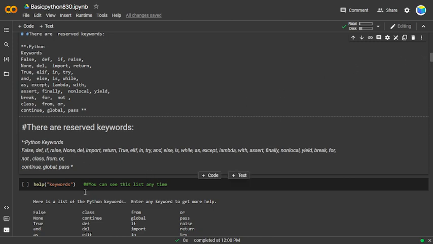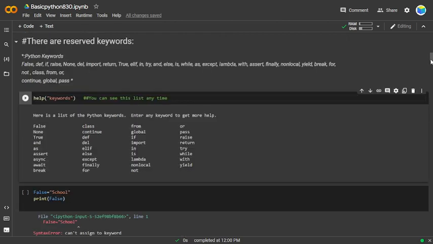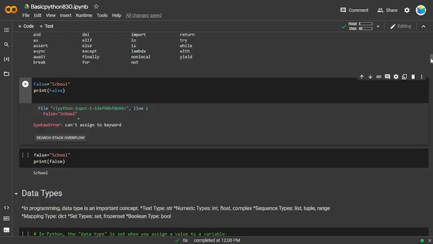And so, if you write help and keywords here, you can see all the names like this. So all the names have been listed here, right? Similarly, keep all the reserved keywords in your mind. And after that,